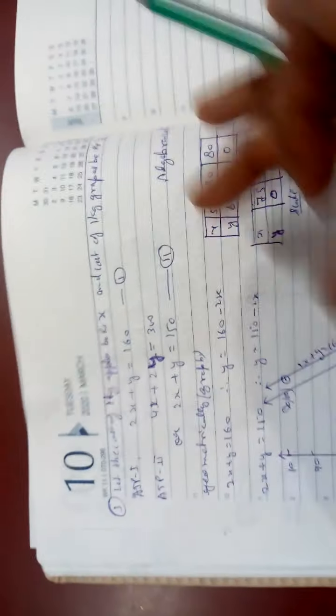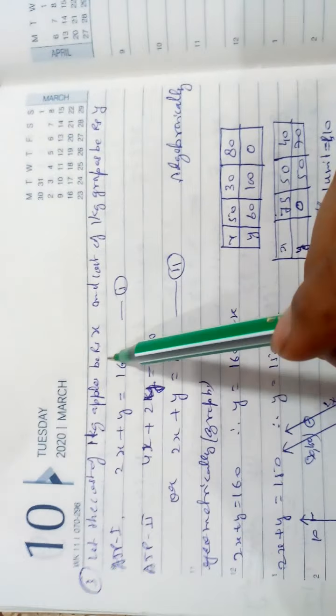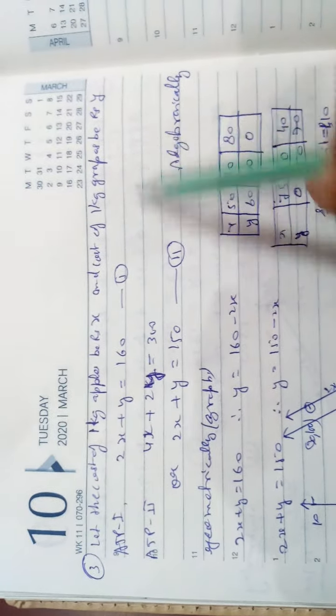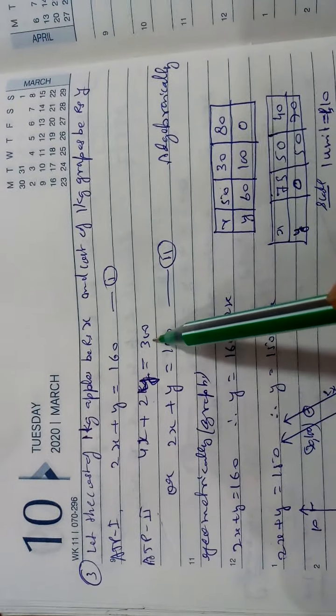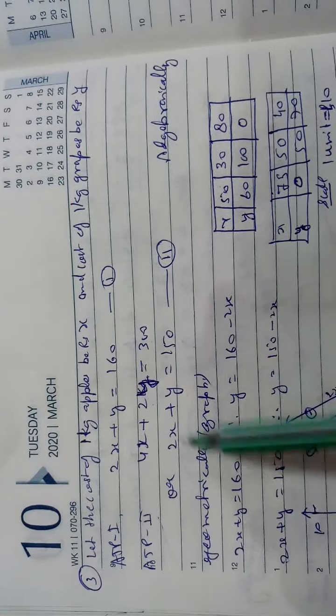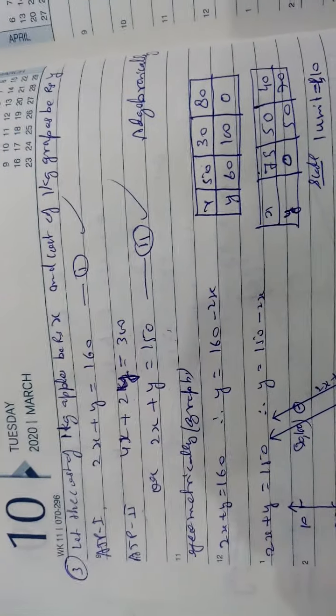Third and the last question is this. Cost of the apple and the grapes. Apple cost x, grapes cost I have taken y. 1 kg, 2 kg apple, 1 kg grapes, 2x plus y, 160, it is according to the problem, first. Read the question. It is given 4 kg of apple and 2 kg of grapes. So 4x plus 2y is equal to 300. Simplify. 2 2 is 4, 2 1 is 2, 2 1 is 2, 2 5 is 15. Write it in the simplest terms. The algebraic expression is over.